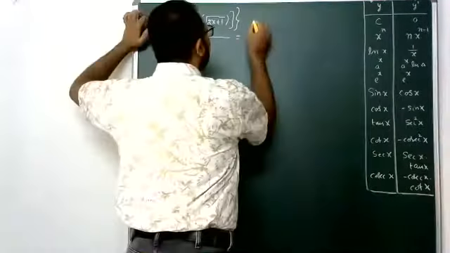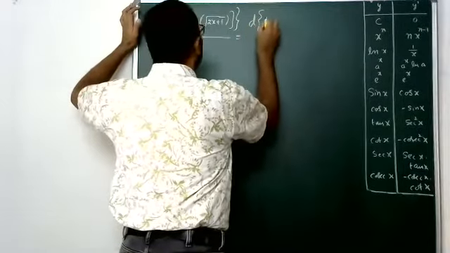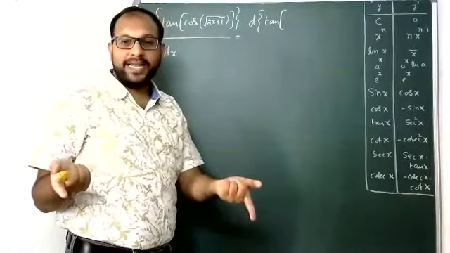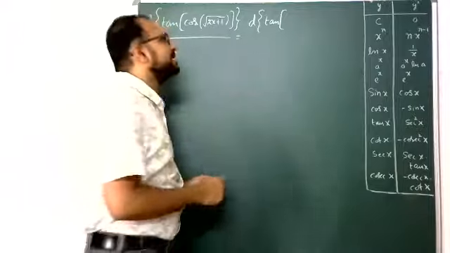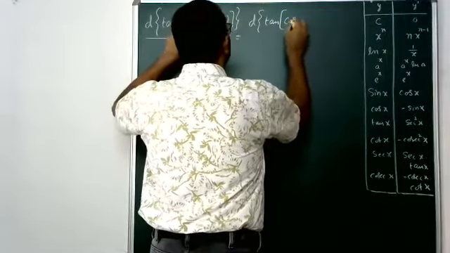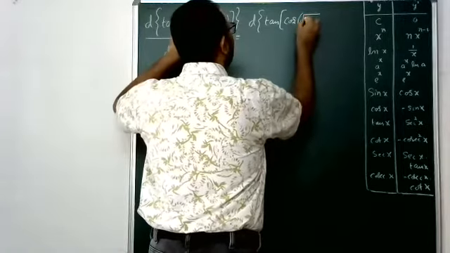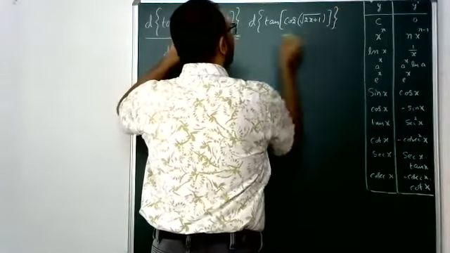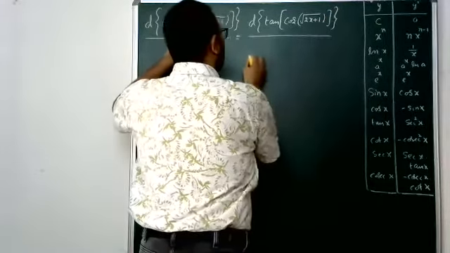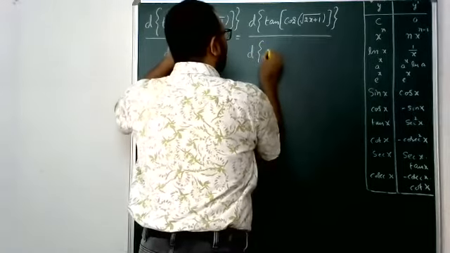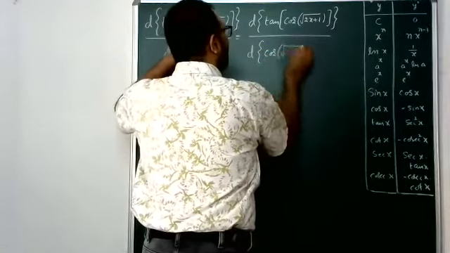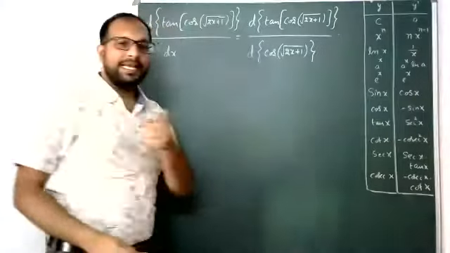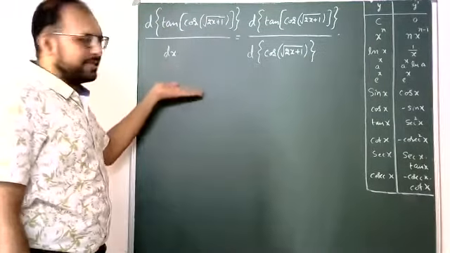Yes, listen. Derivative of tan of, just tan x there, we know secant square x, but it is not tan x. Tan of, still some function is there. That is cos of root over 2x plus 1, with respect to derivative of cos of root over 2x plus 1. This is only one link. Yes, remaining links here I am now writing.